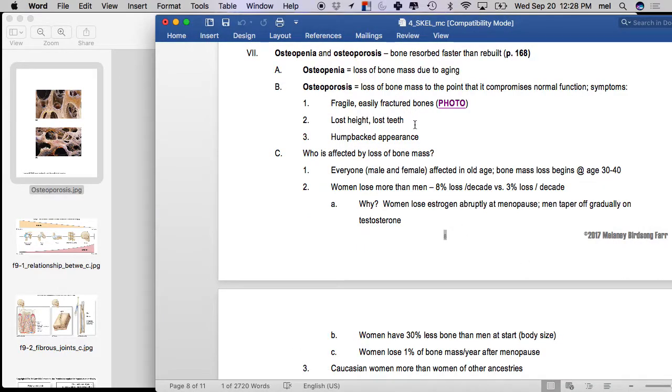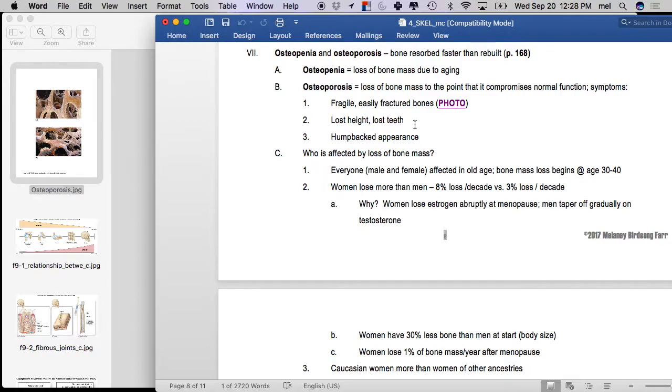Now, what kinds of symptoms are typically associated with osteoporosis? Well, first thing is you tend to lose height, and you lose height because, among other things, the bodies of your vertebrae, remember the chubby little body part, right? They're mostly spongy bone, and they have a lot of gravity pressure going on with them. And so you start to compress those, and it makes you shorter. And if you combine that with weak musculature, you tend to get this humpbacked appearance as you age. So that's associated with osteoporosis.